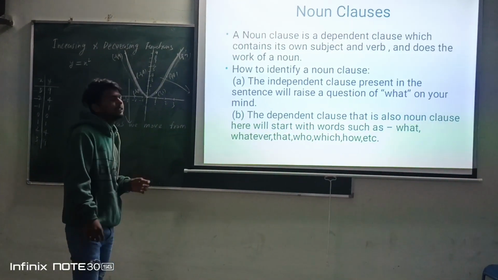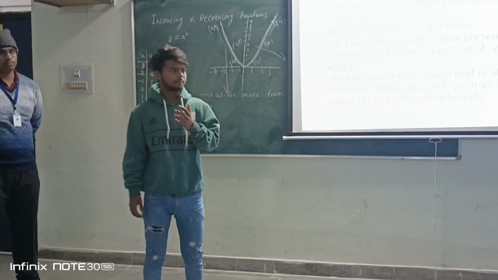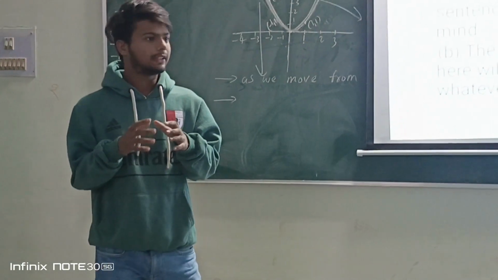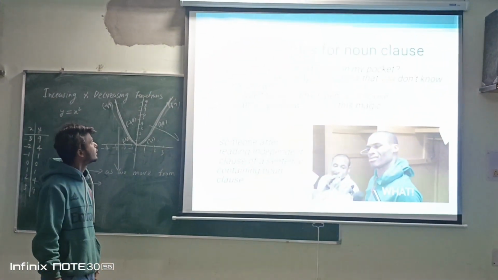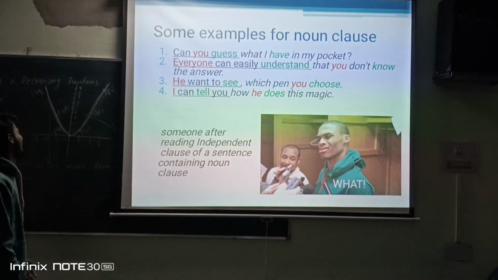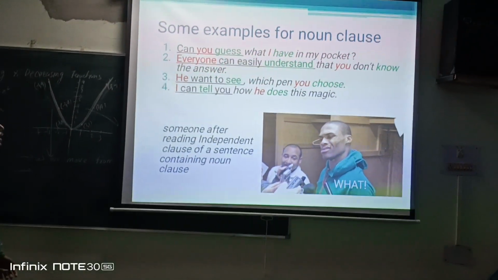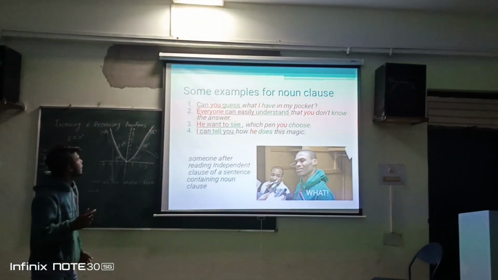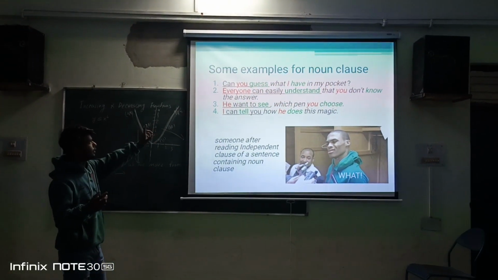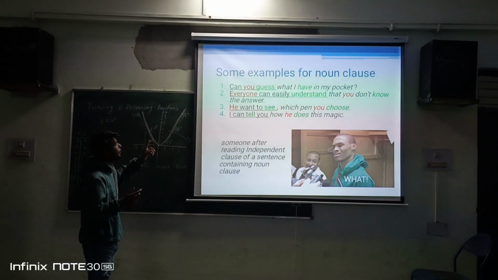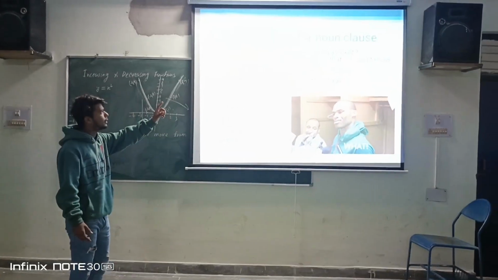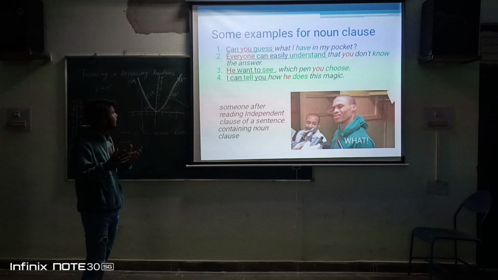जैसे नाउन क्लॉजेस को सुनने के बाद आपके माइंड में क्या वर्ड आता है उससे ही नाउन क्लॉजेस कहते हैं। Some example of the noun clauses. Can you guess what I have in my pocket? Can you guess, you हमारा subject है and can हमारा verb। एक ये डिपेंड हो गया बट उसमें वर्ड लगने से वर्ड लग गया और I have in my pocket, यानी क्या वर्ड आया उसे ही नाउन क्लॉजेस कहते हैं।